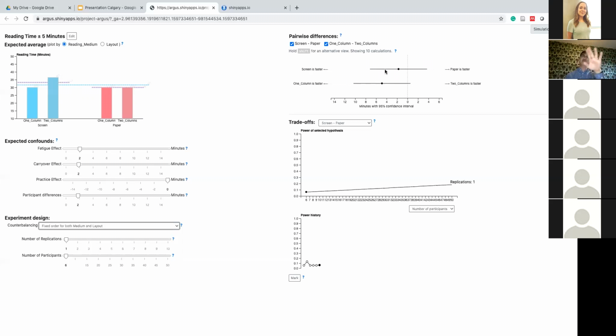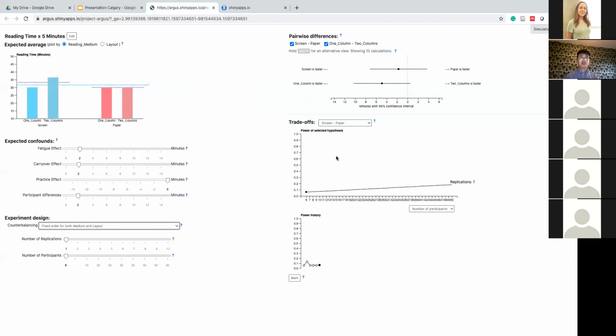If the mean and the confidence interval move in this direction, that means screen is faster, and vice versa. Basically, this view shows the difference between each pair of conditions as a mean and confidence interval.